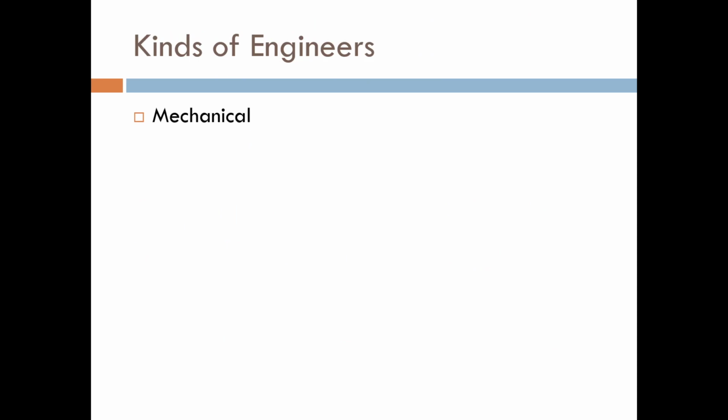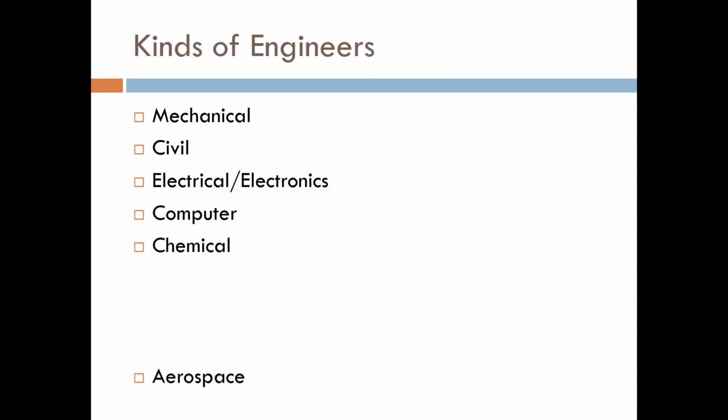All right, so we've all heard that there's lots of different kinds of engineers. There are. There's the main ones: mechanical, civil, electrical. Those are the main ones, and computer is probably one of the main ones now, but that's less understood, because it takes a long time for popular society to catch up with things. But there's lots and lots of computer engineers. In the last couple of decades, they've put out zillions of them. So computer engineering is a very large subfield of engineering that's not thought of. But there's other ones, smaller ones. Chemical is big, and aerospace, and